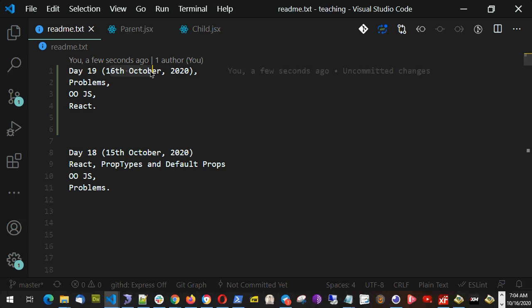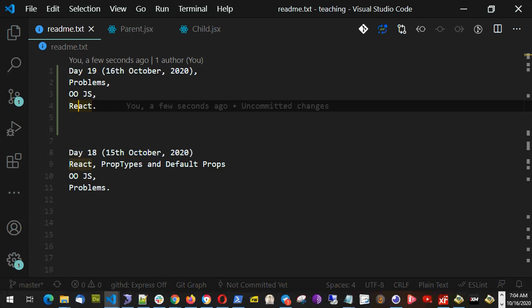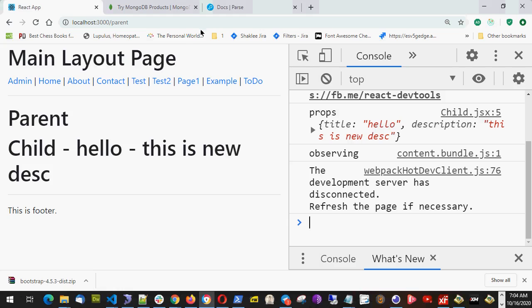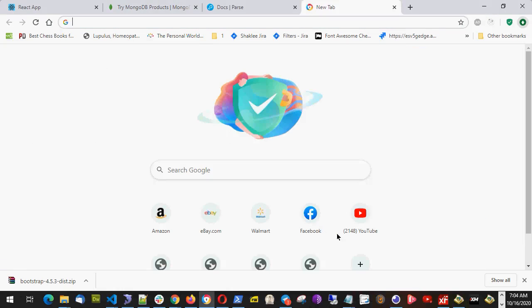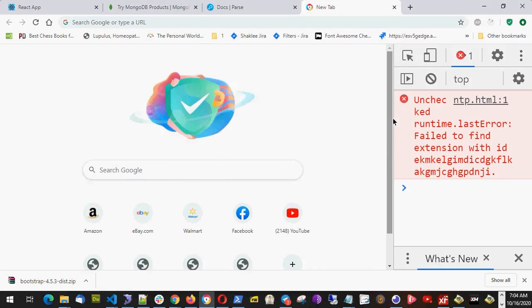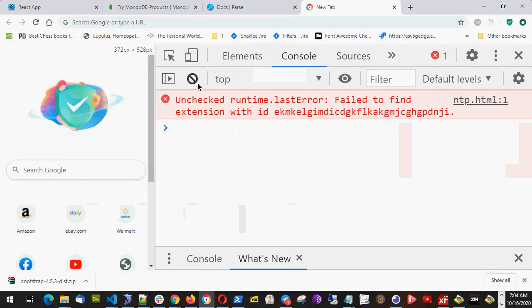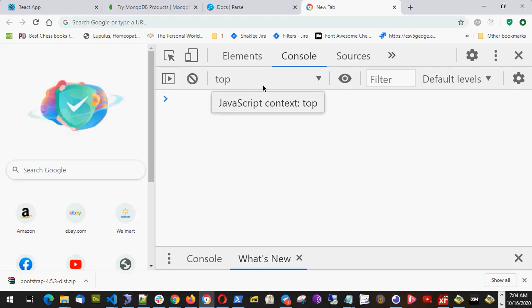Okay, so today is day 19, 16th October 2020. We'll start with some problems in object-oriented JavaScript, and then React. This is a page. Let me click the new tab. Okay, so